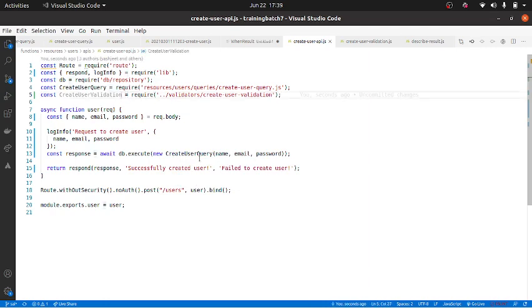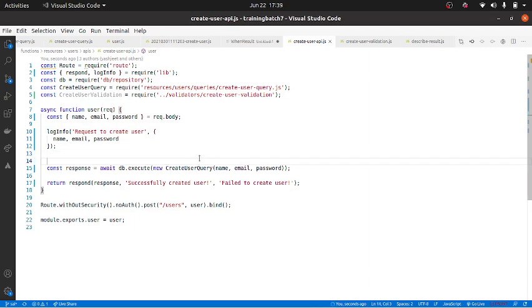It takes const validationResult equal to createUserValidation.validate. It takes an object, and in that object it expects all the parameters that you want to validate. And this will give you the validation result. So here what have we passed? An object which contains name, email and password. Is that clear?